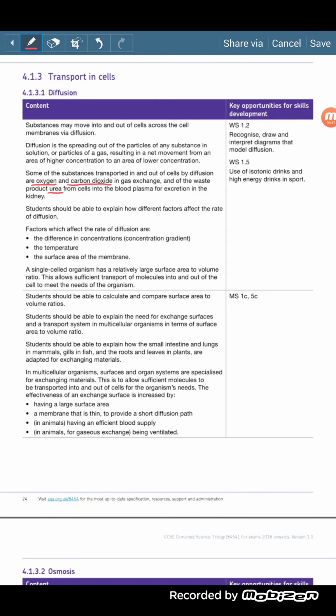It then talks about the factors which affect diffusion. Difference in concentrations. So a very high concentration, a very low concentration would create a very steep concentration gradient, but a high concentration going to a less low concentration would be a less steep graph, so it wouldn't happen as quickly. Temperature, more kinetic energy for the particles, randomly colliding and therefore spreading out the particles, and the surface area